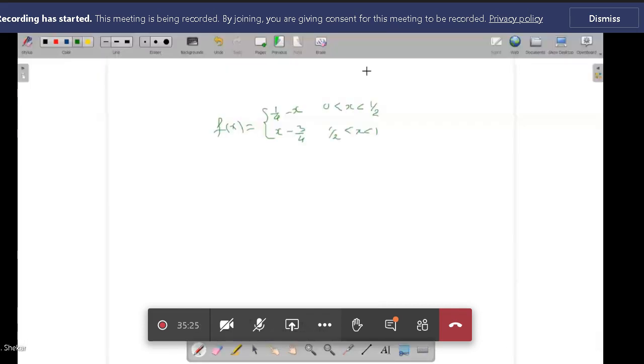So that is the function. So we need to obtain the half range sine series. Okay. So now here, as we see in the definition,